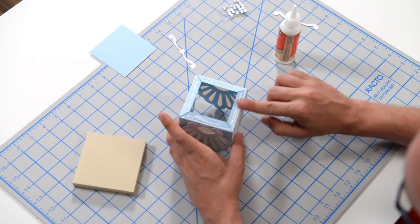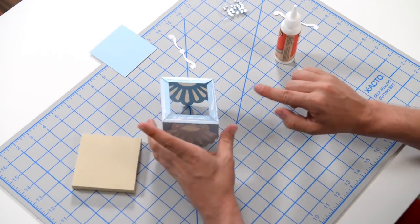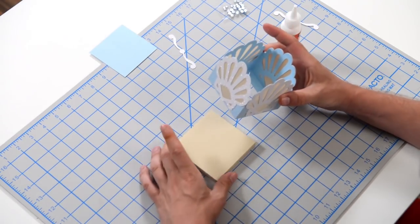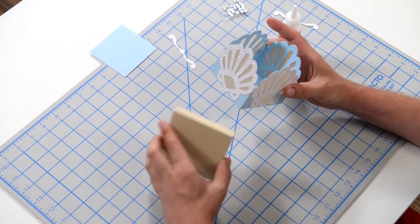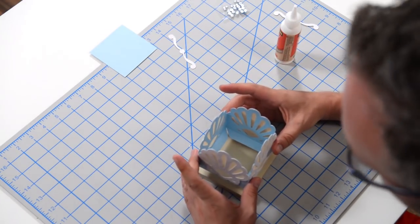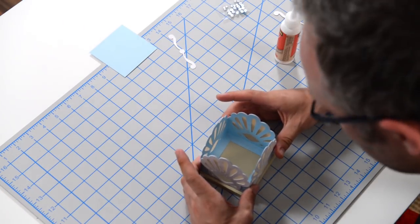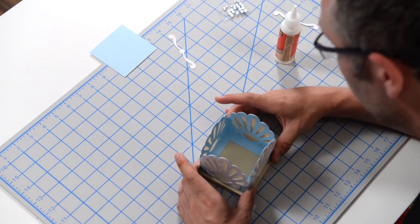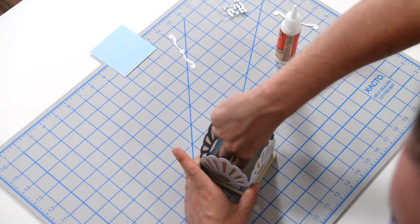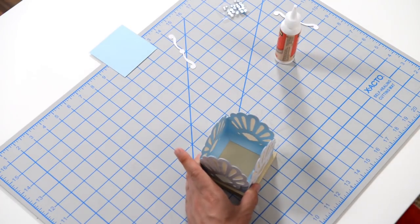Okay, and I'm going to spread that nice and thin so it dries faster and has better coverage. There we go. And try to keep it nice and square. Make sure you've got the nice clean top portion on top, and do your best to place that nice and centered. You can kind of jiggle it around a little bit if you need to, and then grab your fingers, pop them in there, and just push down from the inside. And it may help